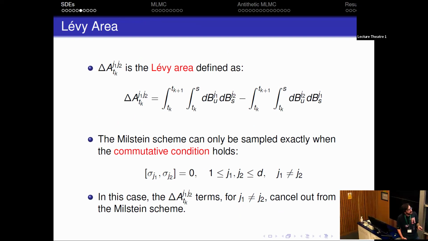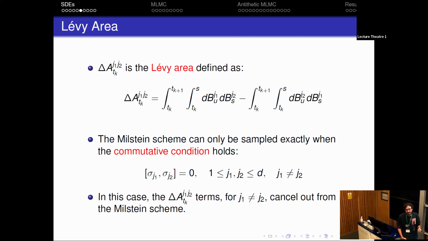So this is a double integral over two different Brownian motions, two independent Brownian motions. It looks fairly simple, but still is not explicit, so you cannot actually simulate from it. So it's nice. The Milstein scheme gives you a higher order of convergence in the strong sense compared to